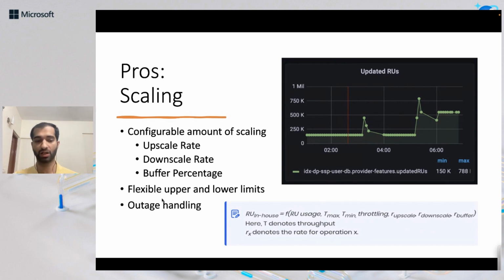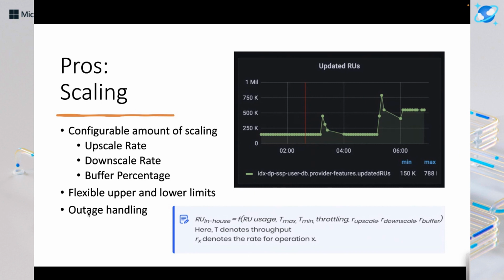In addition to that, there can also be cases where, let's say, there is some outage on our side. Let's say that we are using a read cache on the read side, and since that is self-managed, let's say it is not able to serve the traffic, and all the requests start coming to Cosmos. In that case, the traffic on Cosmos will increase massively, and it could cause throttling. And it's not really feasible for us to expect someone to manually go and increase the RUs. So the autoscaler also takes that into account, and based on the traffic, if the throttling is beyond a threshold, it will suddenly increase the RUs by a fixed amount.